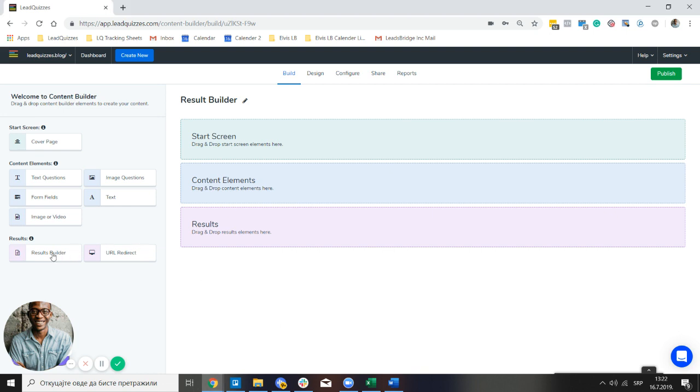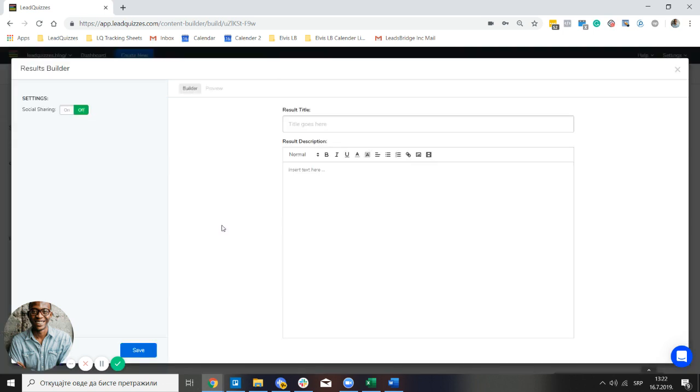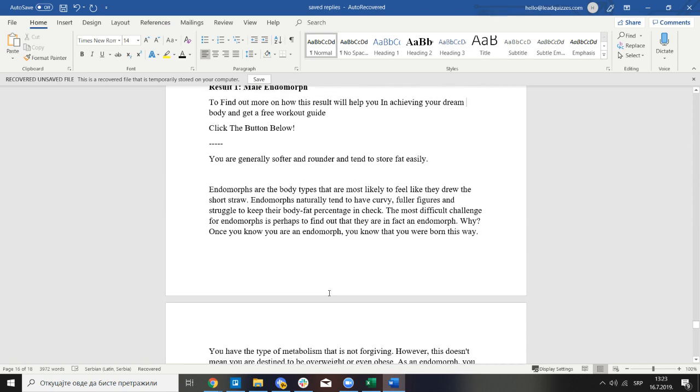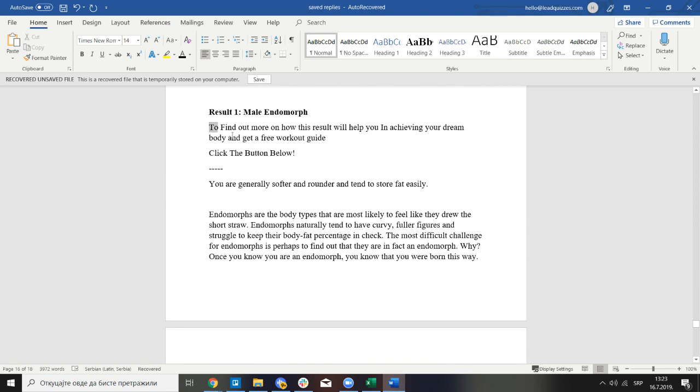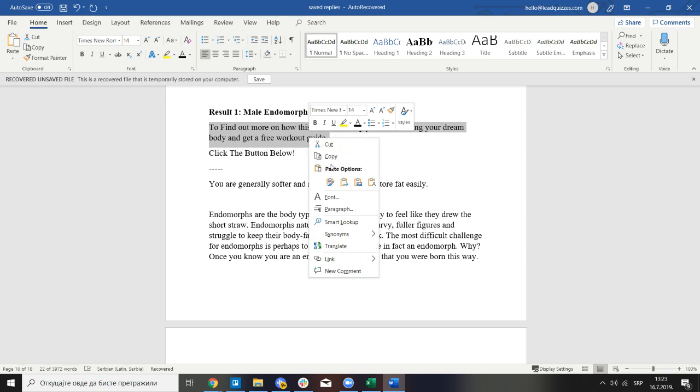So the first step is you go to the result builder, you drag this to the results section on the right hand side. All right, now in here you have your result title, result description, and you have a couple of tabs in here that you can use to design as well as add a couple of features to your results. Okay, so in my first result I want to build, I want to have the offer. So to find out more about the result as well as get the free workout guides, I want to have the offer